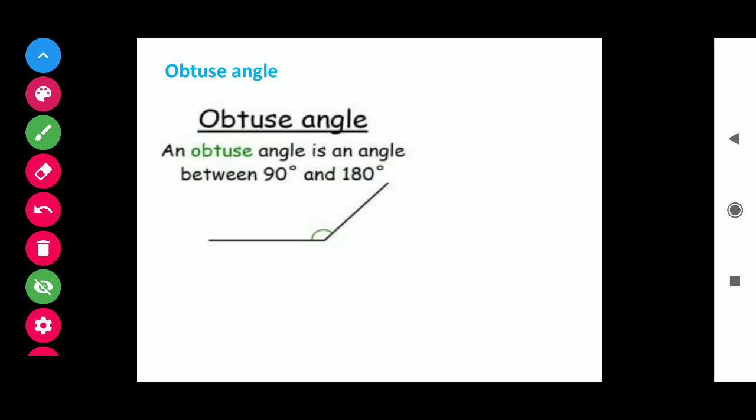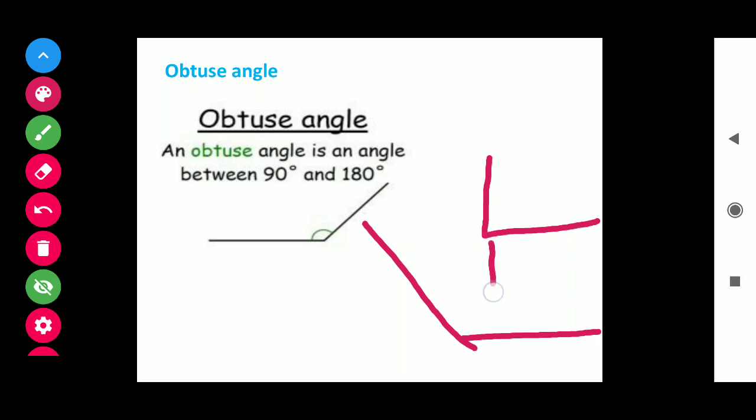I can show you how it is obtuse. Look here. This is a right angle and this is an obtuse angle. Whenever you see any angle, you can decide without measuring whether it is obtuse or acute. This is a right angle and the other arm of the angle is going outside of the right angle arm. So it is an obtuse angle. I think you can understand my point.